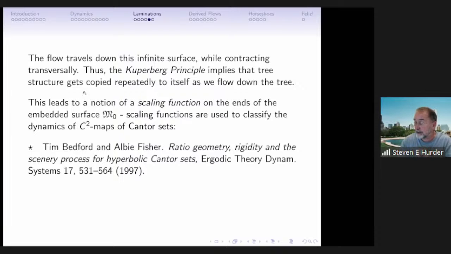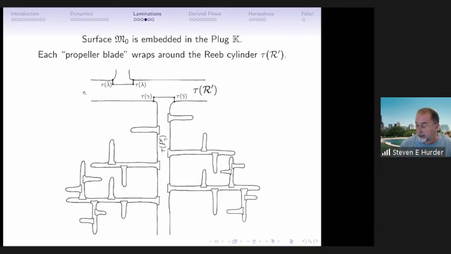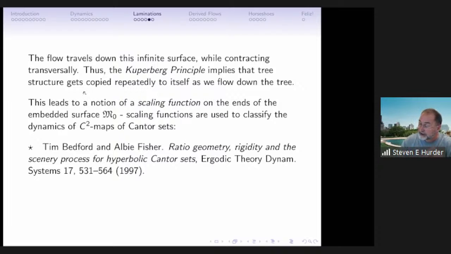This is driving, this generates the holonomy of a path, a flow line, following down that tree. You think, what's happening transversely? Well, what's happening transversely is what happens as you approach the periodic orbit of the Wilson plug. And so in the sense of hyperbolic Cantor sets, you can define a scaling function. And that scaling function is not going to have hyperbolic expansion. It's going to be quadratic, but you can estimate it and get control over things like the entropy.